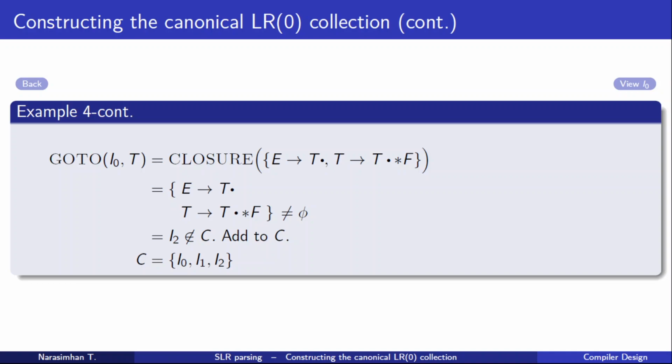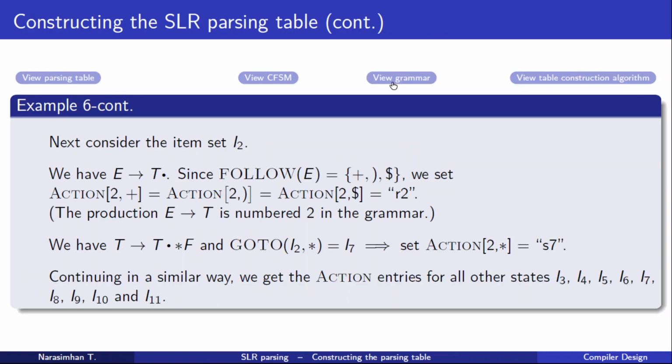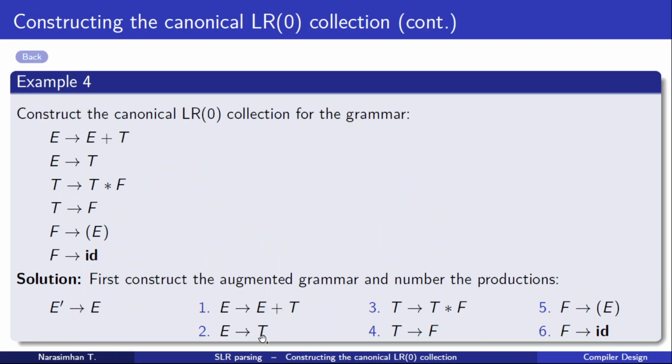Now one important thing, you will not be writing a production as such, you will be just specifying the production number. Remember, we had numbered all the productions in the given grammar. So we should first find the number corresponding to this production. That number will be specified in the entry. So you find that E gives T is given the number 2. So we will be specifying number 2 in the entry.